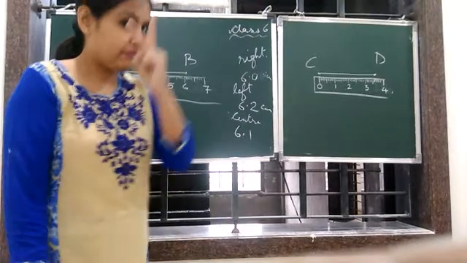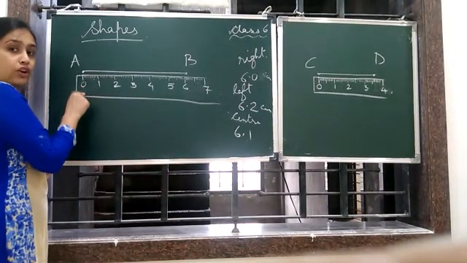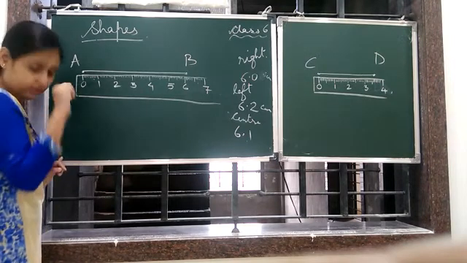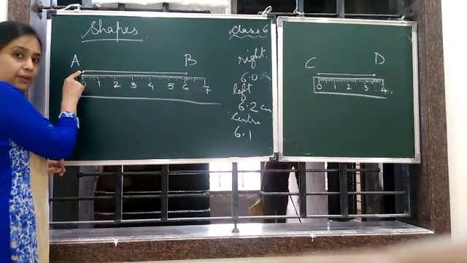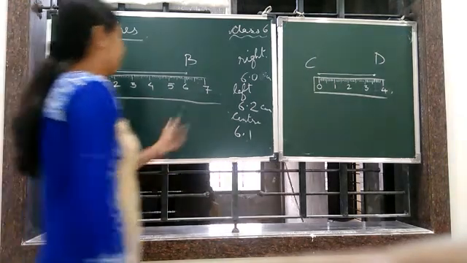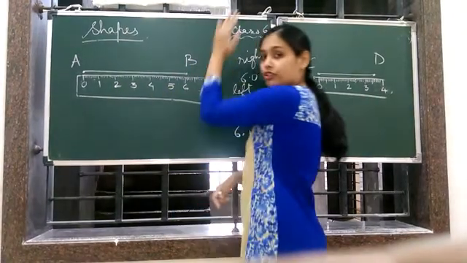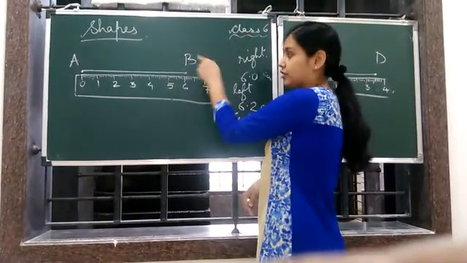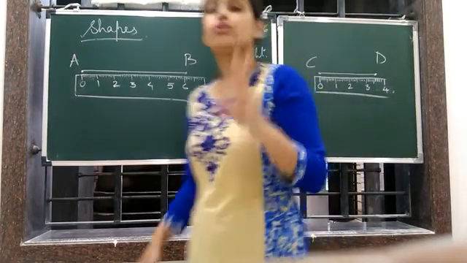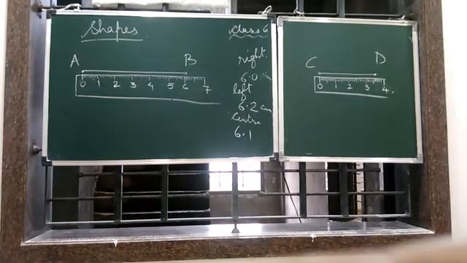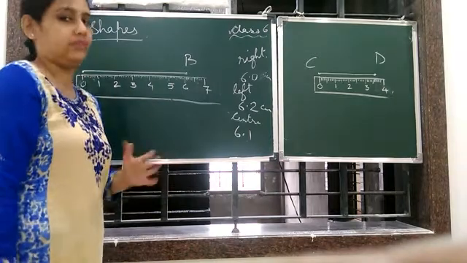So two things. First, you need to see the 0 of the scale, or you can say the starting point. The first line of the ruler should be exactly on the starting point of the line segment. Secondly, when you are measuring, the view should not be from right or left, but exactly on the second point of the line segment. These are the two important things while measuring a line segment. Clear? Not only a line segment, anything whichever you are measuring.